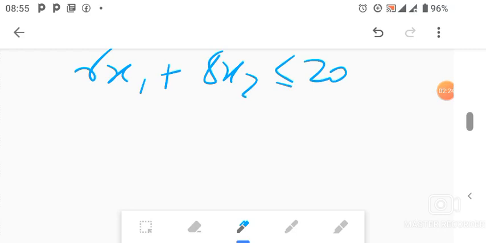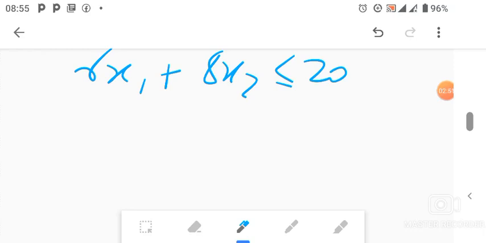When you've been given a question like this, you first of all solve it like any normal linear programming question. What I mean by that is, if you've been given constraints like this, the first thing you do is solve it using the normal graphical method that you know from the beginning of linear programming. And how do we do that? We find the intercepts of each constraint.